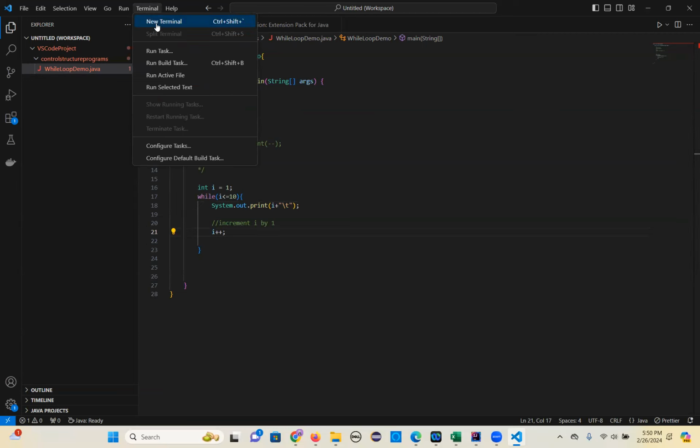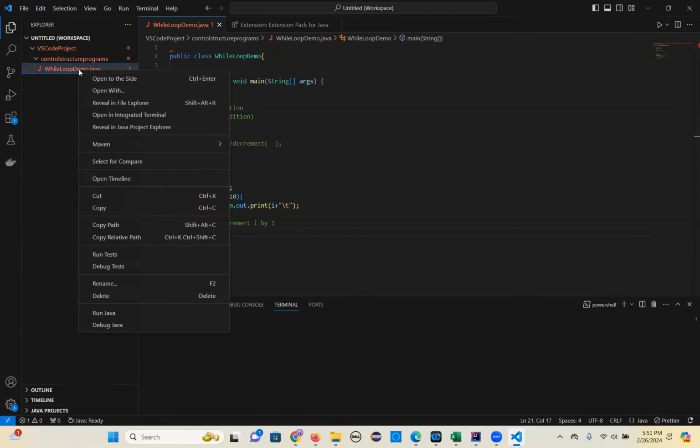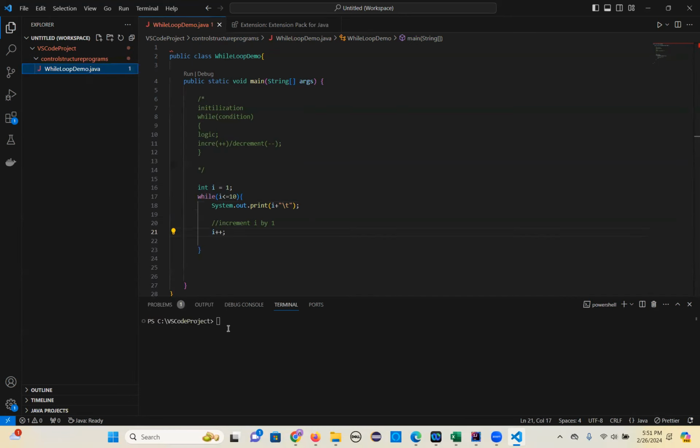I'll open a terminal. Okay, let's open the terminal and go here. Very small project. cd control structures. So now I'm exactly in this folder. So here is my class. So first you have to